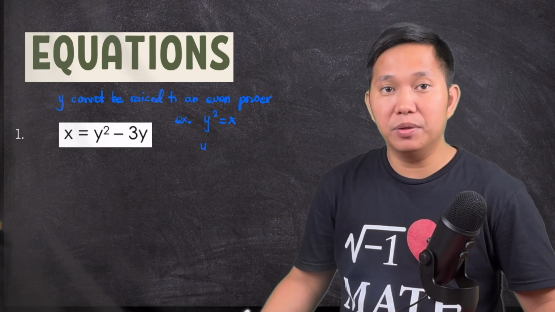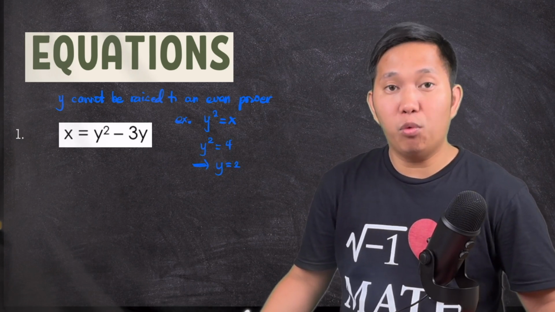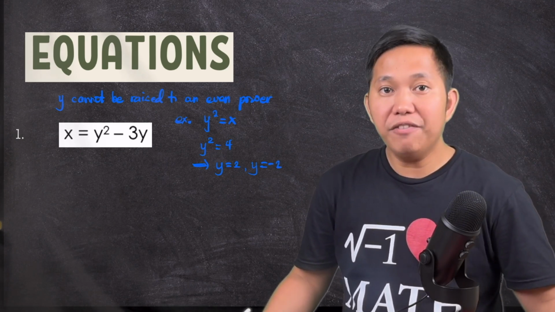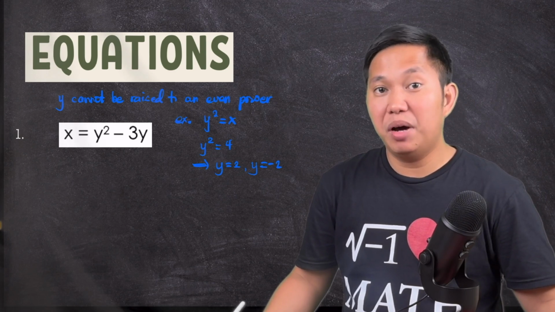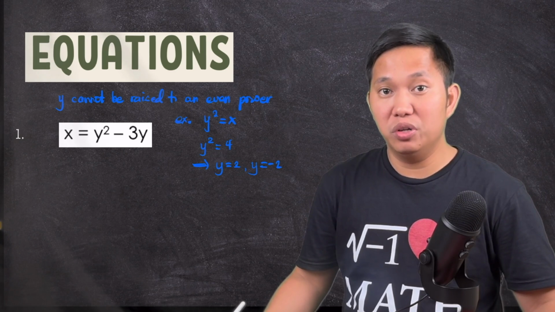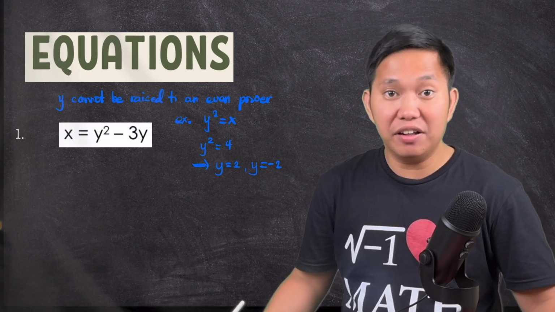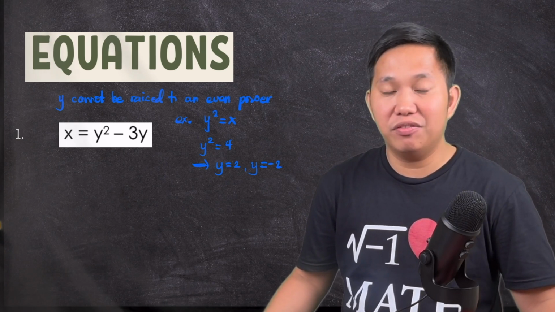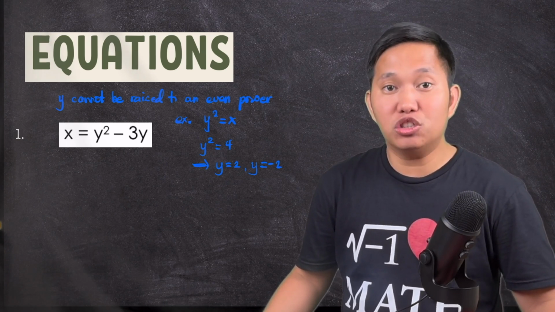For example, if x equals 4, then y squared equals 4 would have two solutions, y equals 2 and y equals -2. Graphically, this is represented by two horizontal lines at y equals -2 and 2, and such a graph will fail the vertical line test because the vertical line will intersect the graph at 2 points, indicating two outputs for